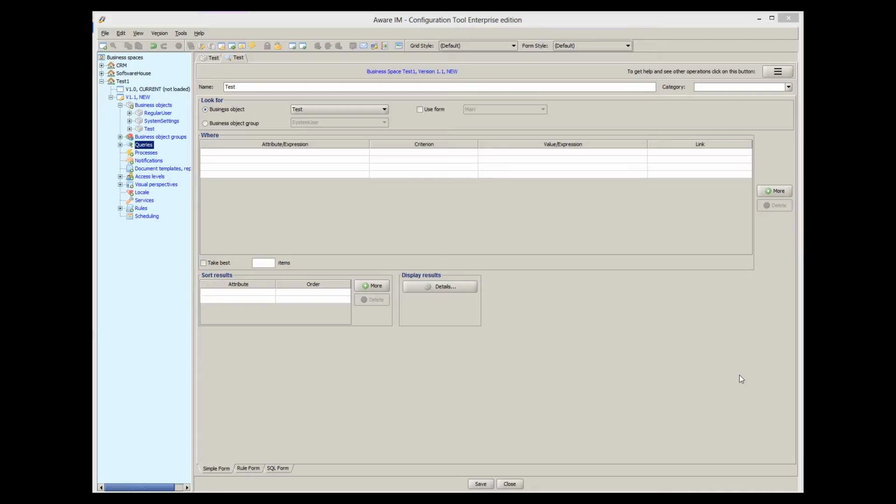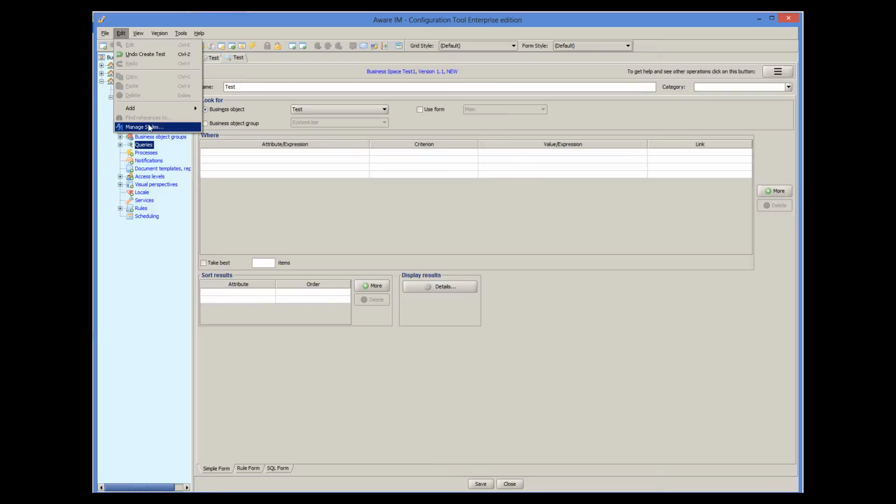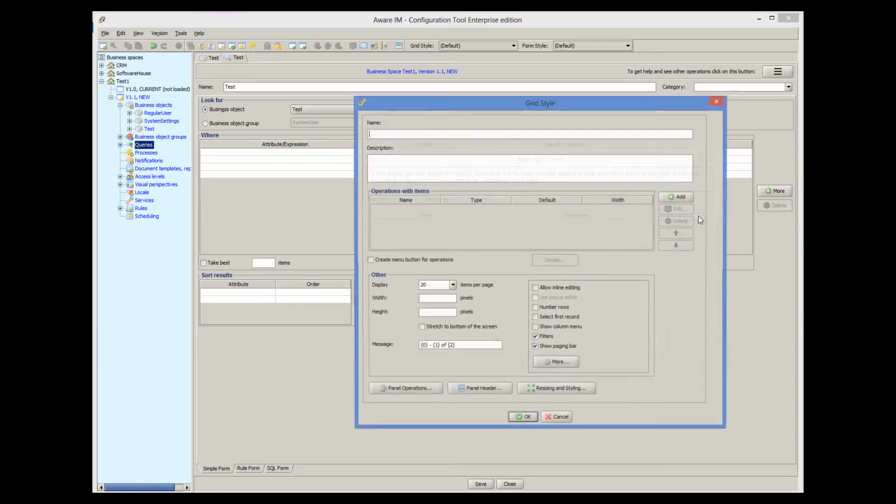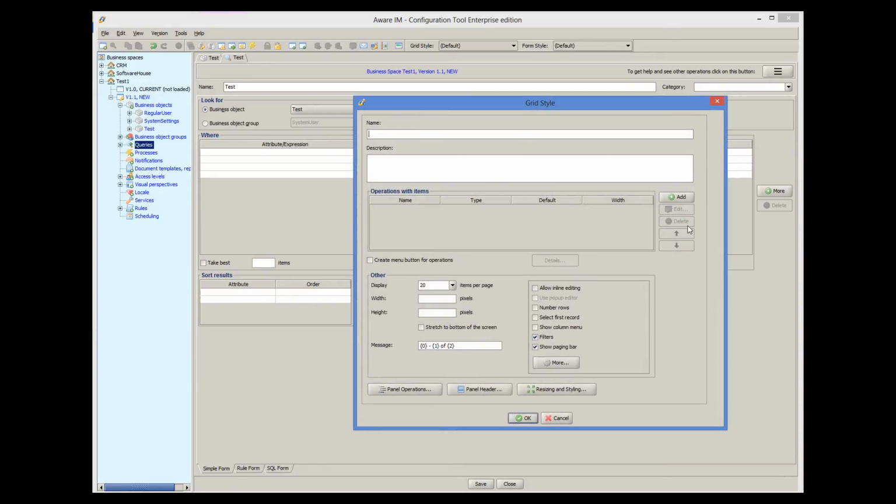To do this, we select the Manage Styles command from the Edit menu. Here we can select either the grid style for queries or form style for forms. Let's start with grid styles. Let's say that we want the query to automatically have edit and delete operations with items, no filters, and no icon in the header. So we will create a new style, give it a name,